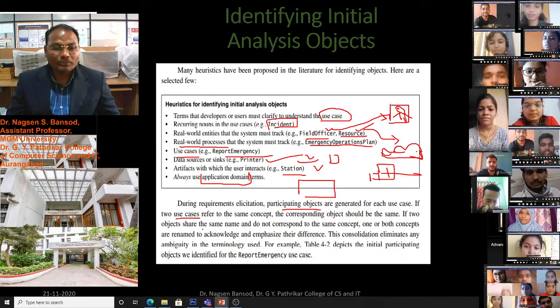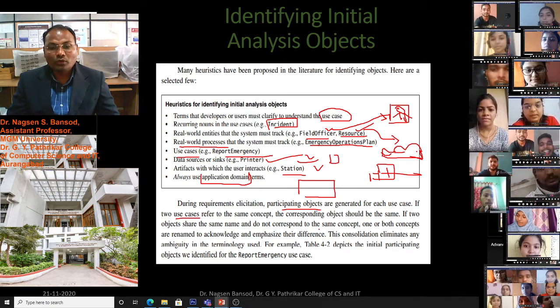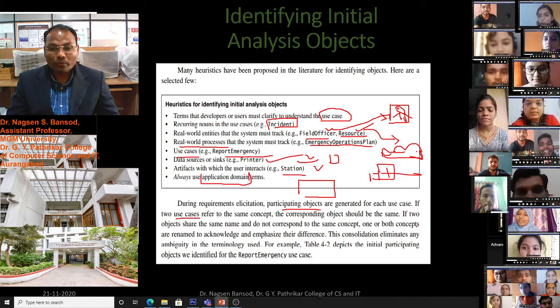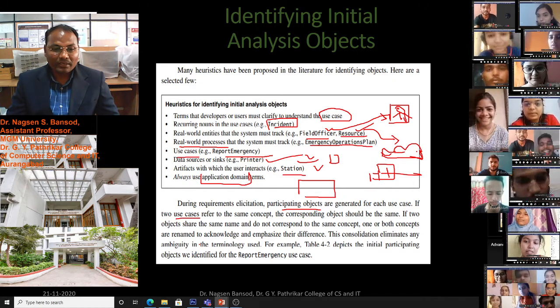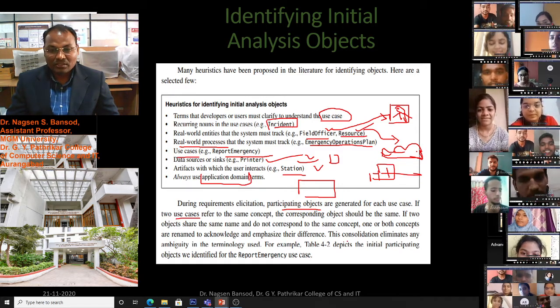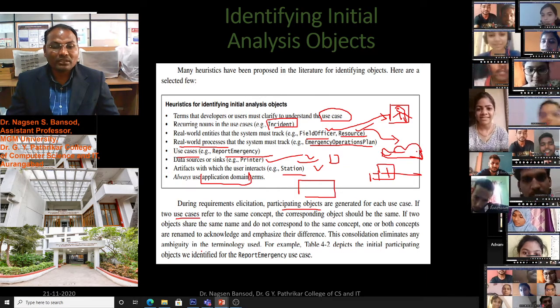If two objects share the same name and do not correspond to the same concept, one or both concepts are renamed to acknowledge and emphasize their differences. These consolidations eliminate any ambiguity in the terminology used.